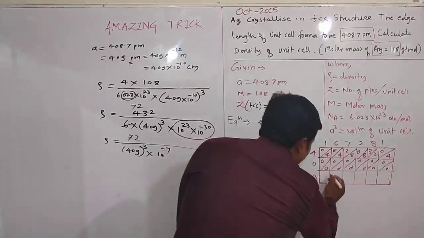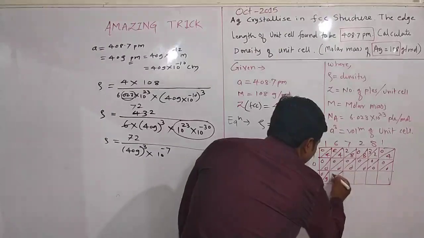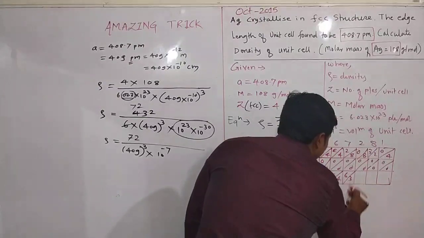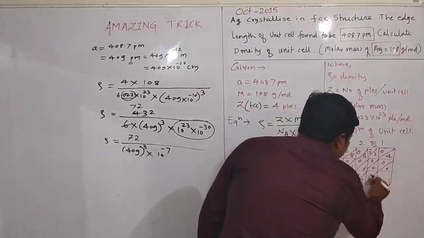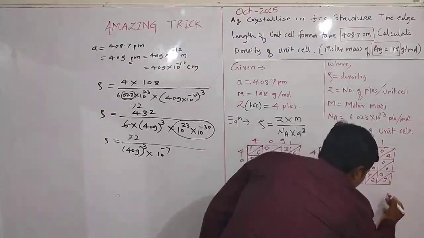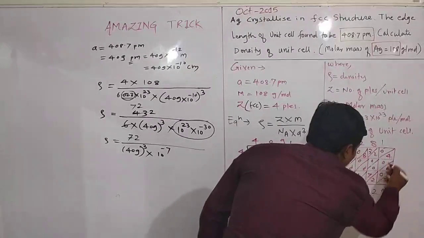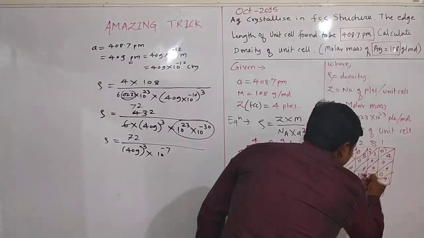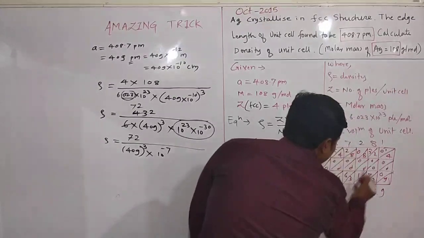Okay, no doubt. 9 ones are 9, 9 sixes are 54, 9 sevens are 63, 9 twos are 18, 9 eights are 72 and 9 ones are 9. So add diagonally: 9, 2, 8, 4, 12, 12 and 7, 19, 1, 2 and 3, 3, 3, 4 and 7, 7.